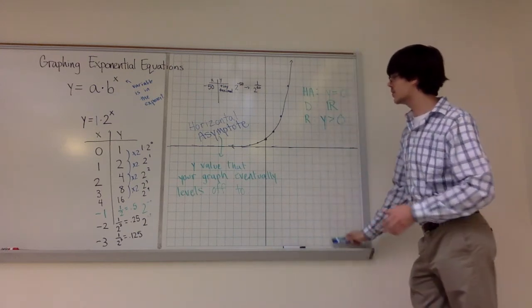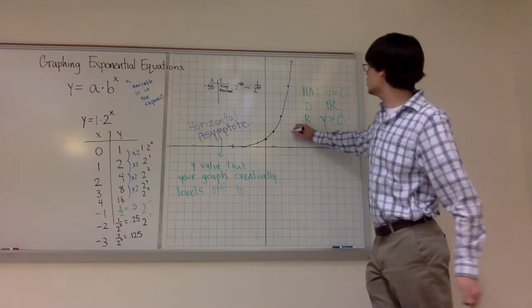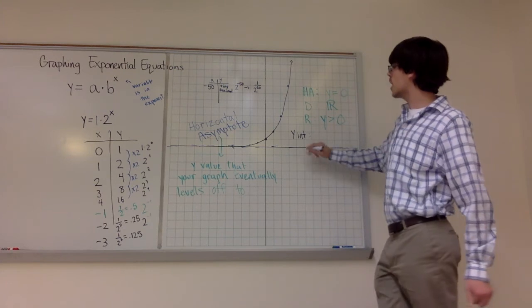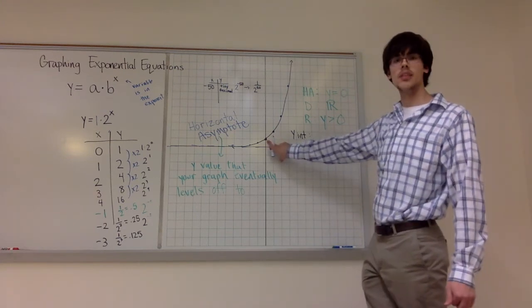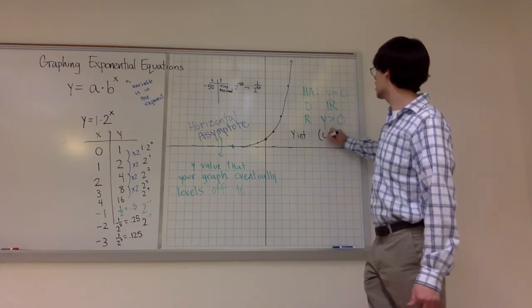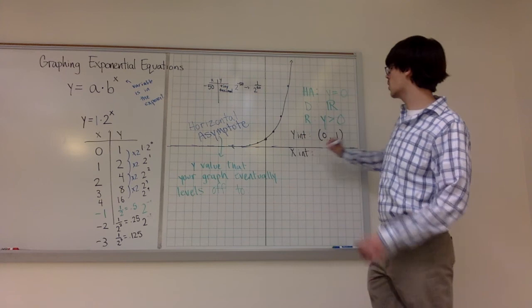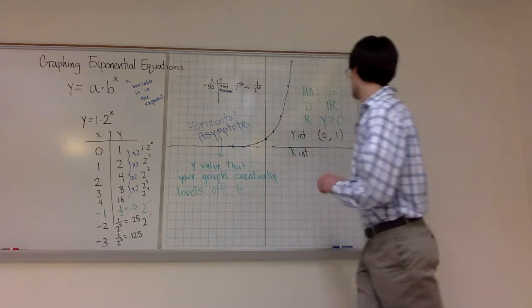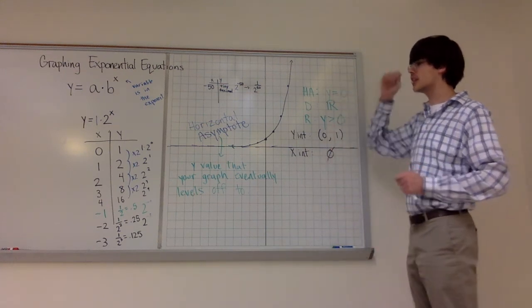Final thing I want to mention for this video, and then I'll close it out and start the next one. We're often asked to find intercepts on this graph. This graph, if you look for a y-intercept, definitely has one. There's a y-intercept right there at 0, 1. In terms of x-intercepts or roots, though, this graph does not have an x-intercept because it's not going to actually reach 0 there, so there would be none of that. All of these pieces of information are things I will ask you to do as we graph